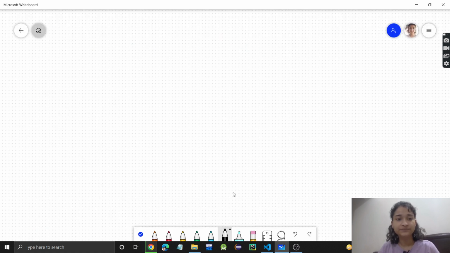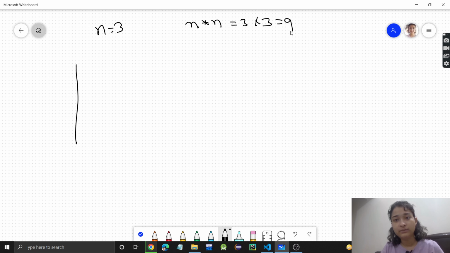Let's see that. Let's say I have n is 3, right? If I have to make a matrix, what size will it be? N cross n size, that is 3 cross 3. 9 will be the size of the matrix, like 9 elements will be there.